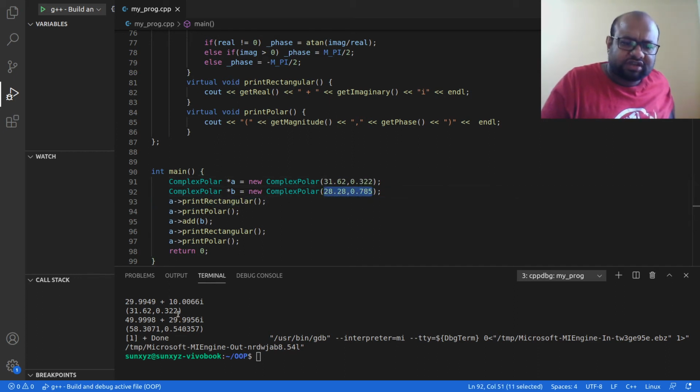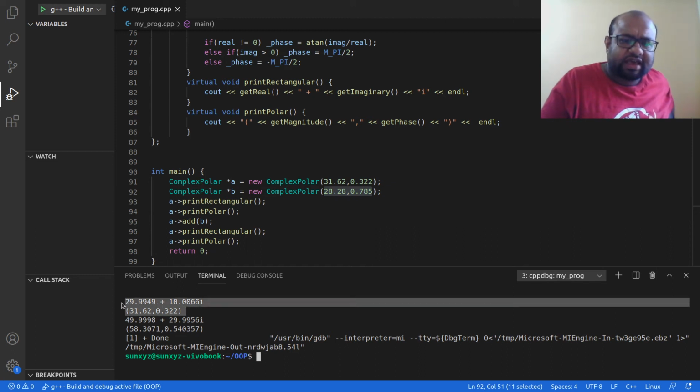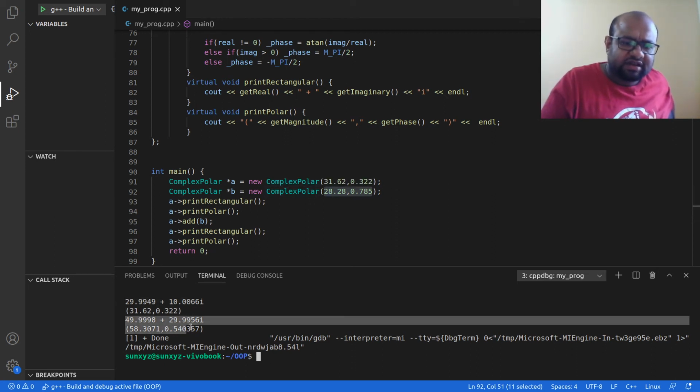So these are what I have before, and when I add this second complex number to the first complex number, after this addition, my complex number is updated to this value. Okay, 50 plus 30i. So let me do one thing, let me print B as well.